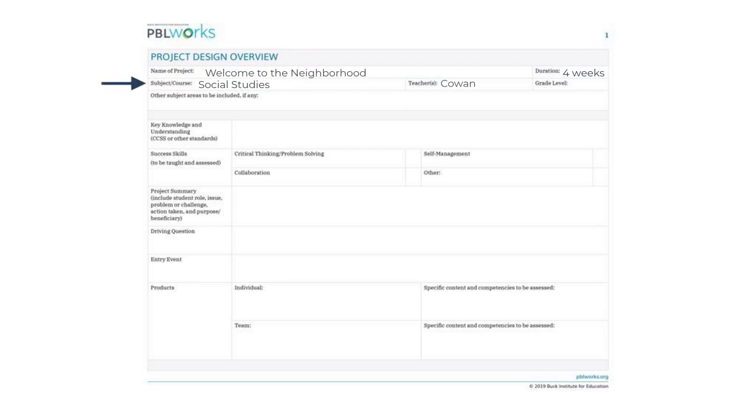The teacher's name is only mine, Cowan. However, if you were doing this as a grade level or enlisting the help of a computer aide, that would be listed as well. The grade level is 2nd grade, although keep in mind when you're looking for resources and ideas that many of these can be adjusted for different grades. And other subject areas to include is English language arts, because the students